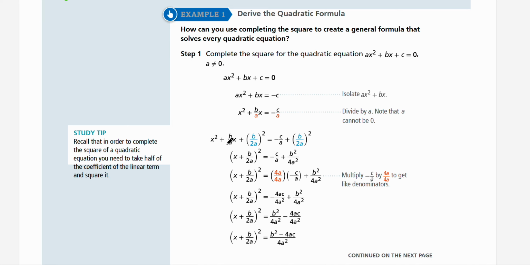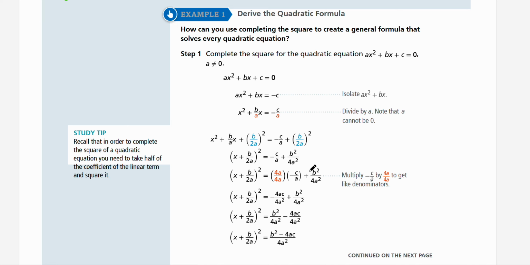And then you're going to add the third term that makes this the perfect square trinomial, which is b over 2a squared. And then you add the same thing on both sides. And then you factor it out as b over 2a squared. And then you're going to simplify your formula. So for here, you can square this and have b squared over 4a squared over here, and